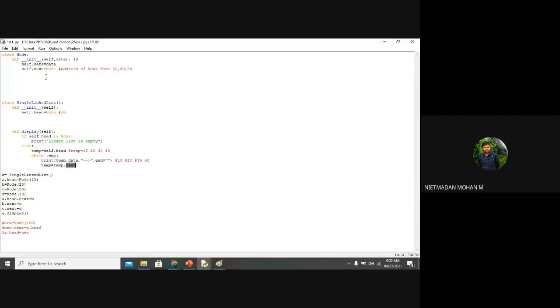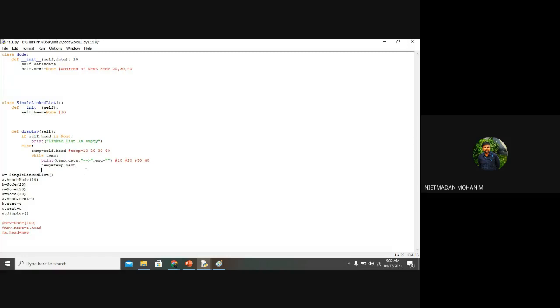You can see here that self dot data is the representation of your input, creation of your object and getting an input, and this head and next are the use of the linked list. So whatever operation you are going to do with the head and whatever operation you are going to do with the next variable. So this is the thing. Clear about this?